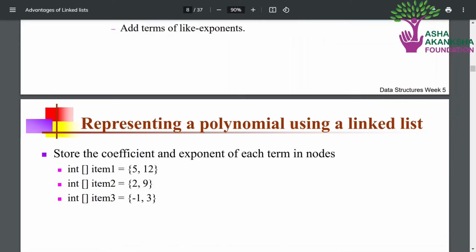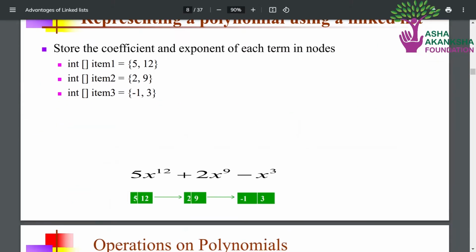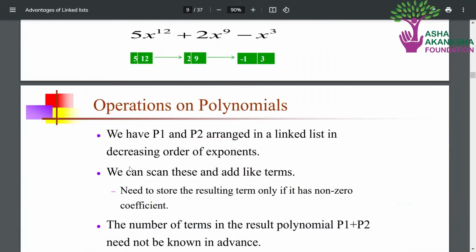So we can store the coefficients and exponents of each term in these kinds of arrays, and we have P1 and P2 arranged like this.